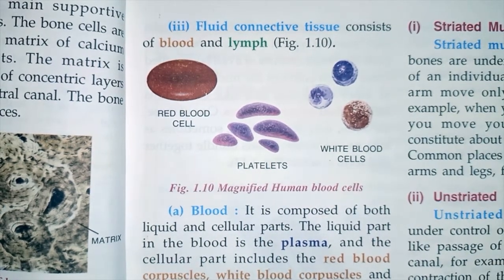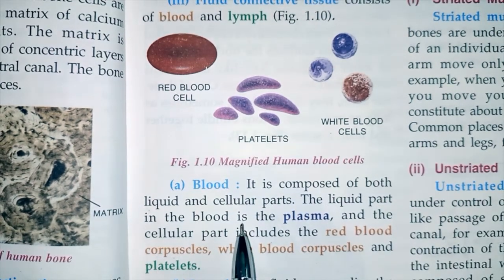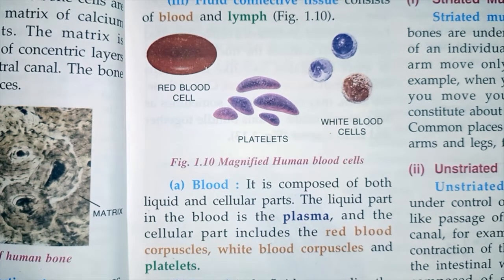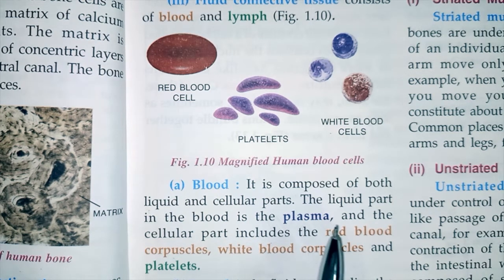So blood is composed of both liquid and cellular part. Blood में दो पार्ट होता है, एक तो होता है liquid part और दूसरा होता है cellular part. Cellular part मतलब cells, RBC, WBC और platelets. The liquid part in the blood is the plasma. Liquid part जो होता है blood में उसको हम लोग plasma बोलते हैं. And the cellular part includes the RBC,